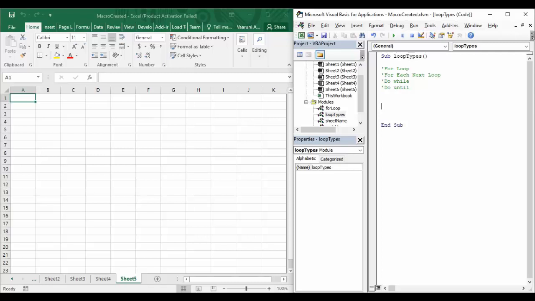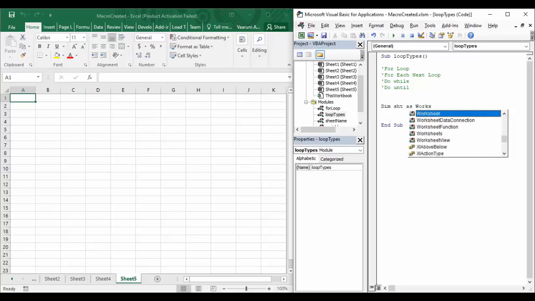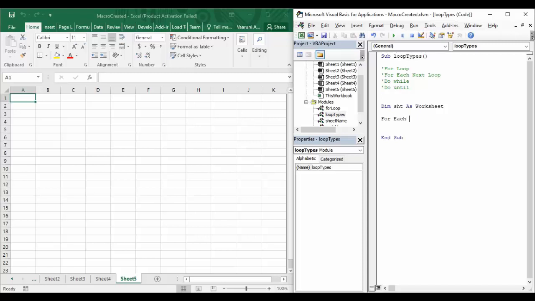First of all, let me write this code: Dim sht As Worksheet. Then I'm going to write the for each loop: For Each sht In ThisWorkbook.Sheets.